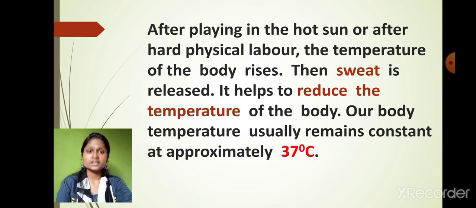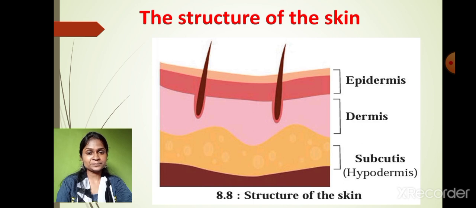Is that clear? So let's revise once again what we have learned today. We have learned that the outermost organ of our body is the skin. And the skin is the largest organ of all the living organism. And our skin is made up of two layers. The outer layer is called as what? Epidermis. And the lower layer is called as what? Dermis. And below the dermis layer, the subcutaneous layer is present where a lot of fats are present. And because of the subcutaneous layer, our body maintains the temperature of 37 degrees Celsius in all conditions.